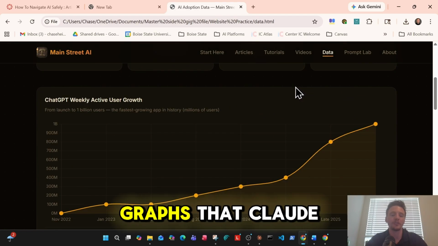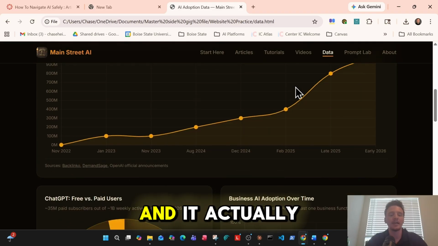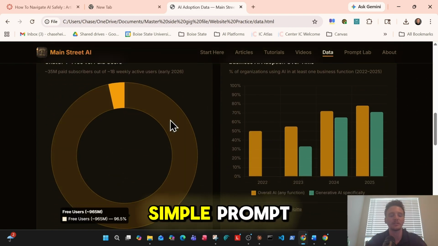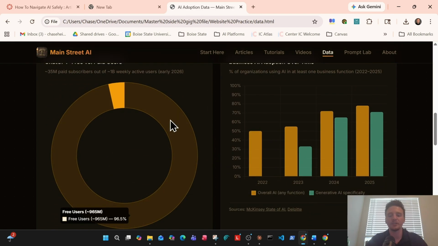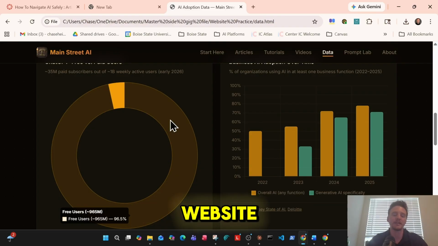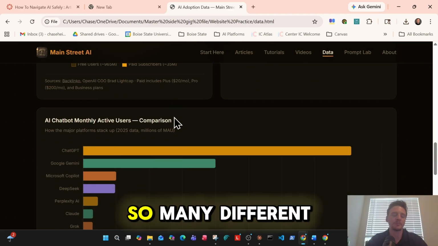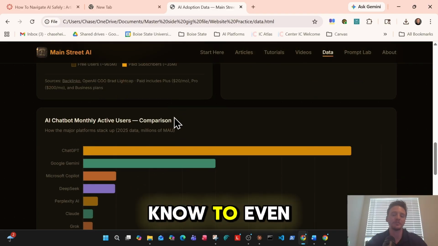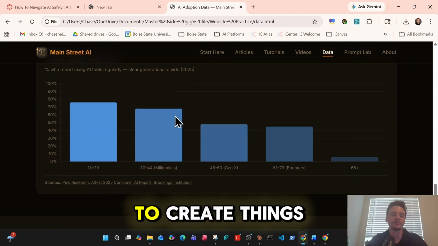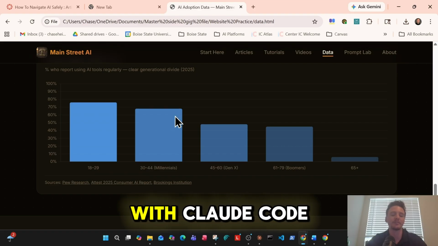These were all graphs that Claude Code created, and it actually researched all of this information too, just from a simple prompt. And there's so much you can do. This was just a beginner level website. You could add so many different skills now that I know to even advance this website more. But it just shows you how easy it is to create things with Claude Code.